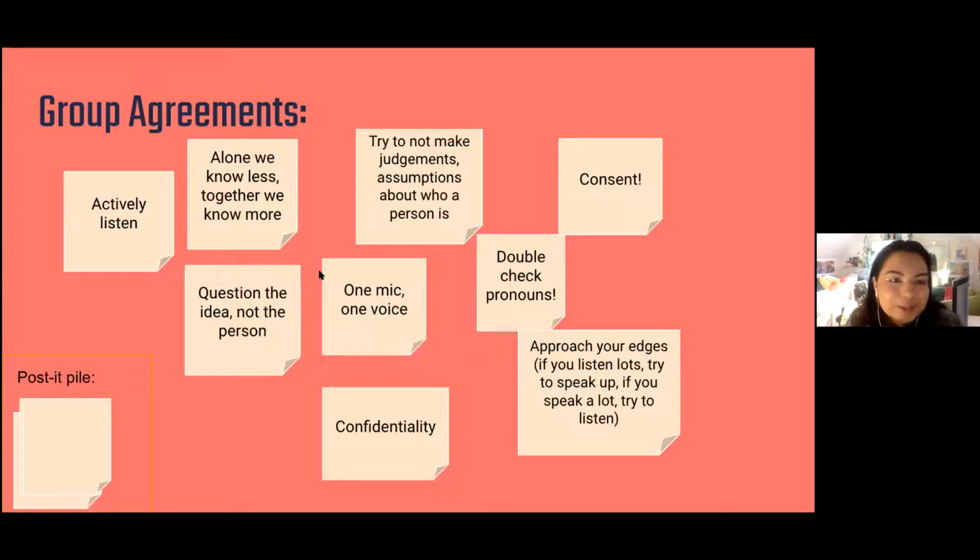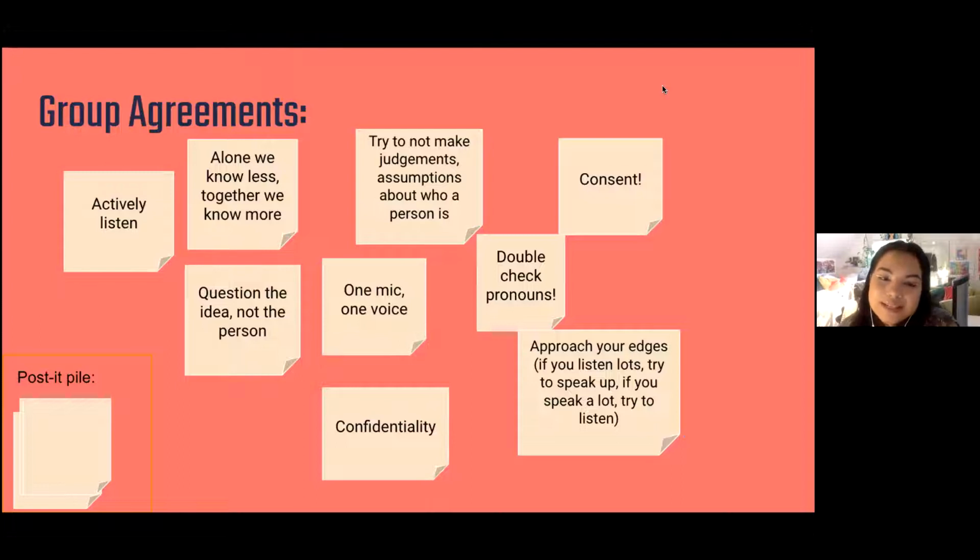But we'll get started with our group agreements. So these are guidelines for how this group is going to interact with each other while we're in this space. The first one is to actively listen, which I know is really hard, especially when you've been staring at a computer screen for the last 8 hours, and now here I am asking you to do it for another hour. But I think active listening looks like a lot of different things. And sometimes just having this on in the background, retaining some of the information, is completely okay.